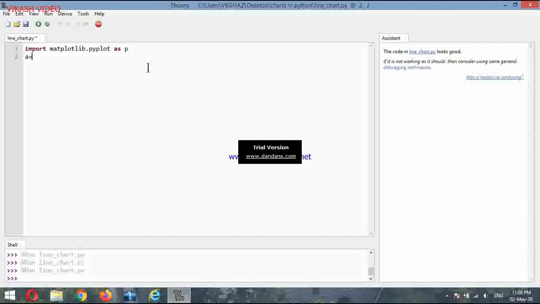2, 4, 10, 12. So in A 4, in B also 4. And if I write p dot plot A comma B comma label, and for label I'm writing the message in quotes, first line, then